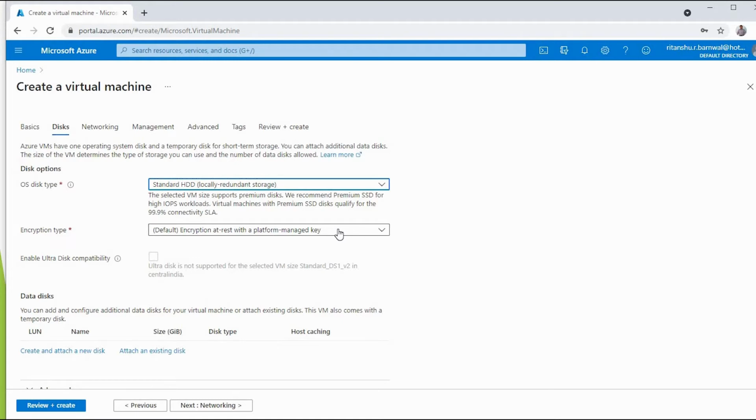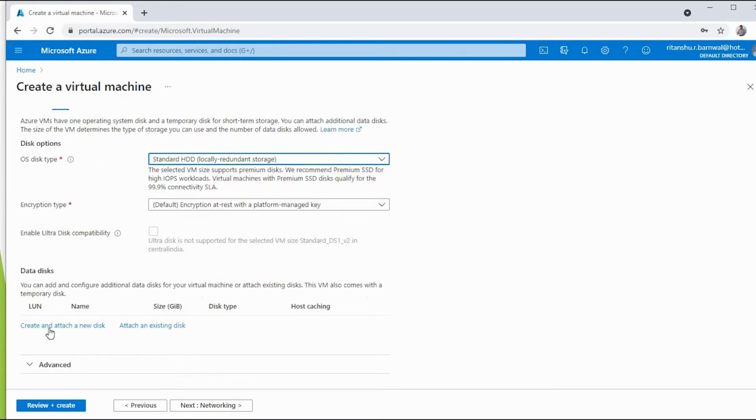Whatever options you are thinking of when you are bringing a computer or server into your premises and configuring it, all the configurations are available in the form of attributes while creating the virtual machine. Suppose you want an encryption type, you want an existing disk to be attached to that machine, or you want that machine to be within some network. All the options are available in the form of attributes while creating the virtual machine.